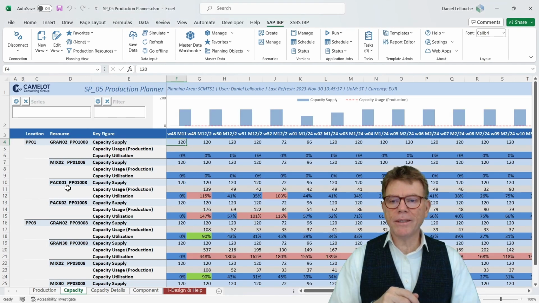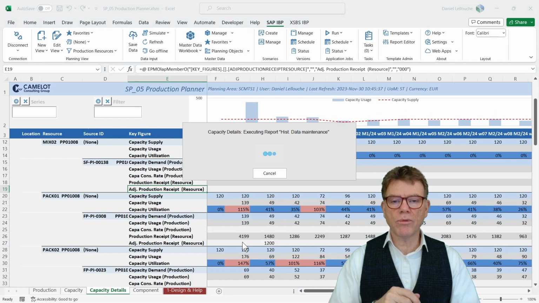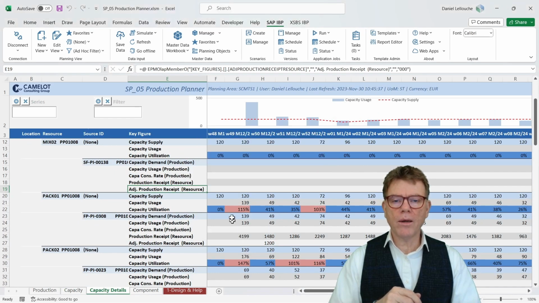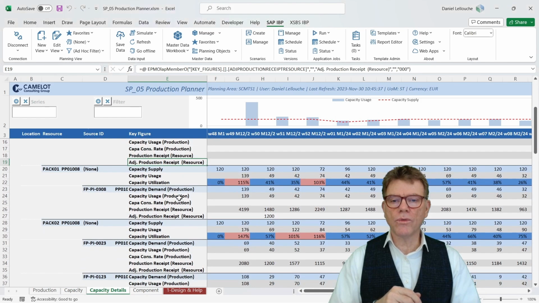And a capacity like this one, in this location, in this plant, is being overloaded for this week and not overloaded, and why not in the other periods, and so on and so forth. And by the way, if I need to know what product is consumed on this resource, there is the other view, which is a more detailed view, where I will see in this resource, in this view, for instance, let